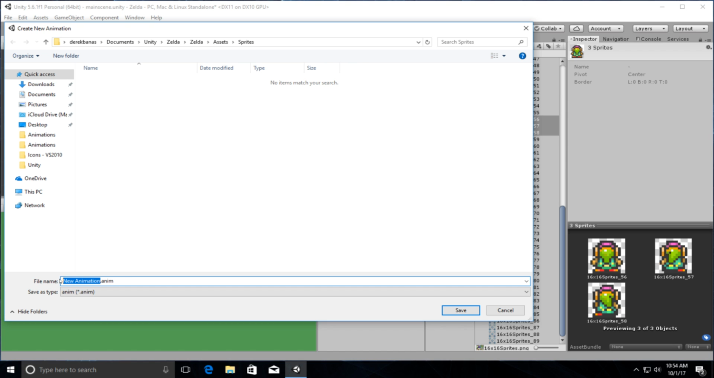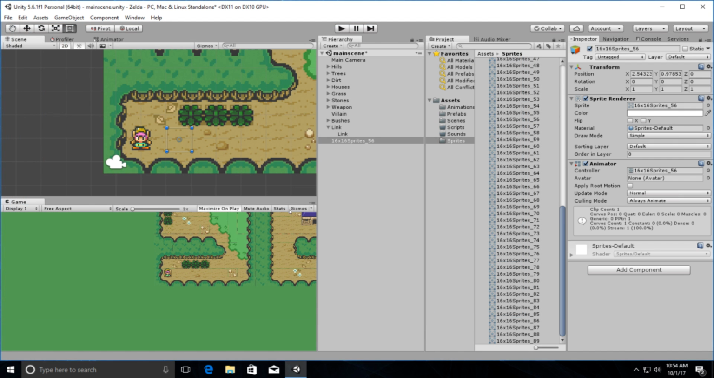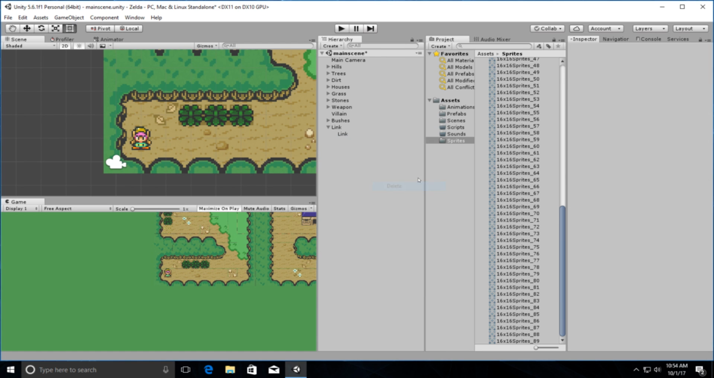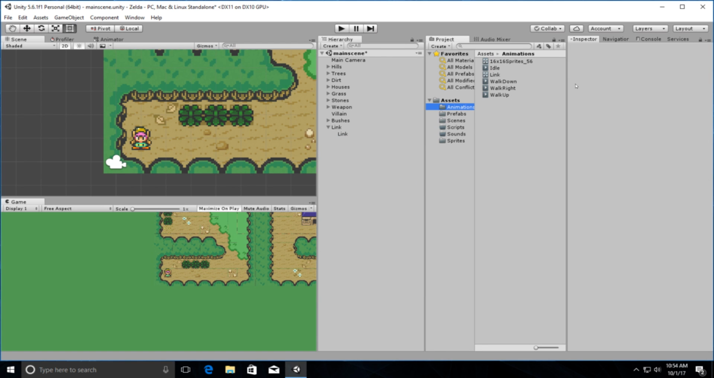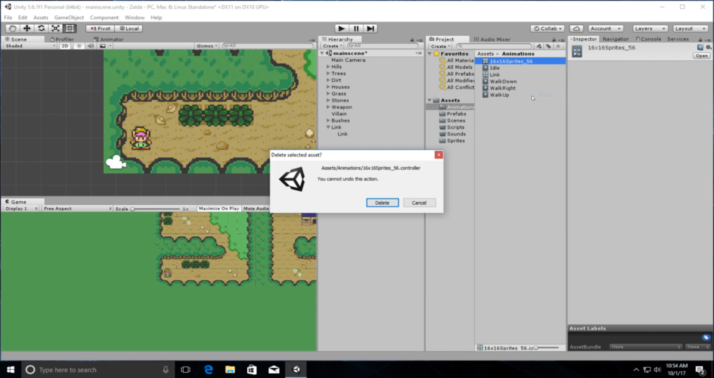So, or walk up simply. So walk up is the name of that. And let's change it to animations and all that's fine. And click on save. Once again, delete this and come into the animation section, delete this, and then we're going